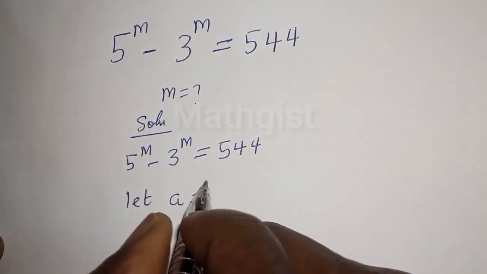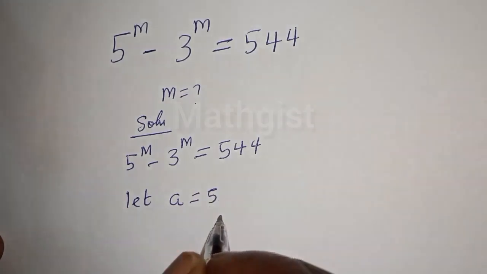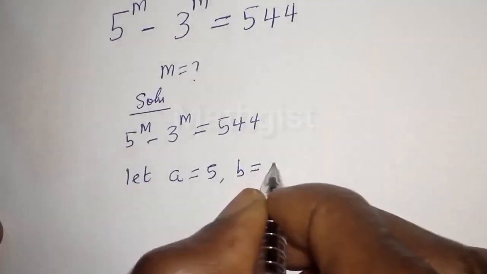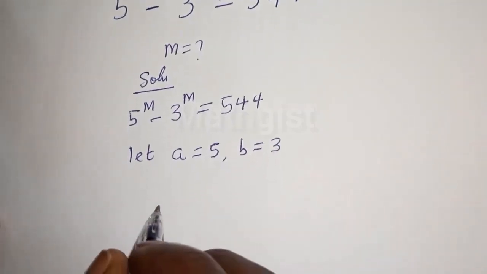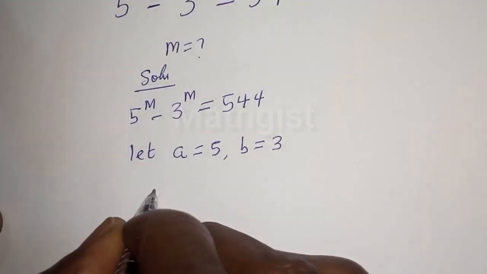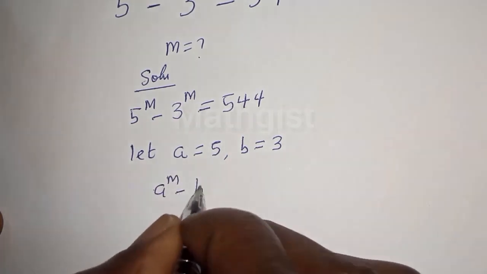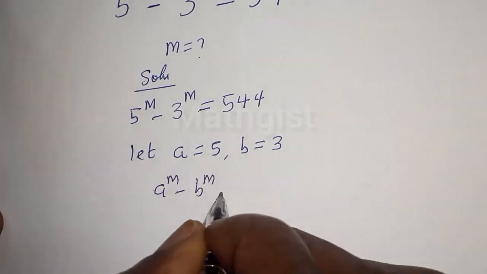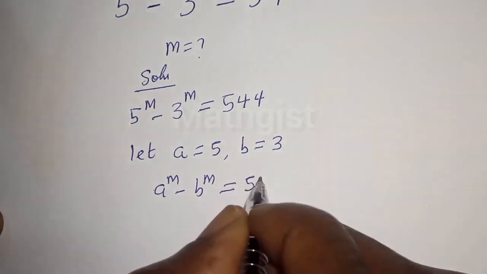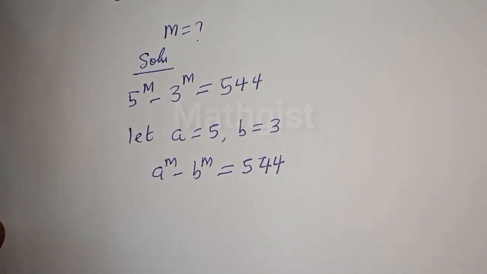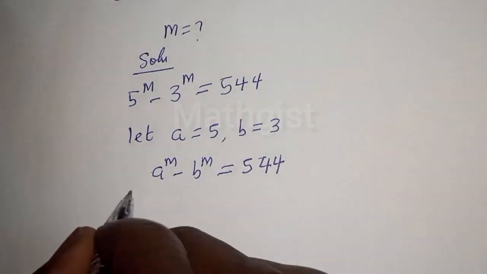a is equal to 5 and b is equal to 3. Therefore, a raised to power m minus b raised to power m will be equal to 544. Then also, let